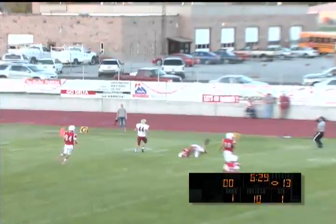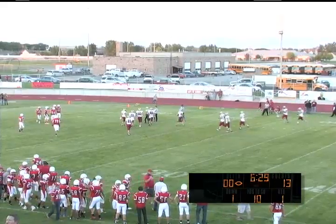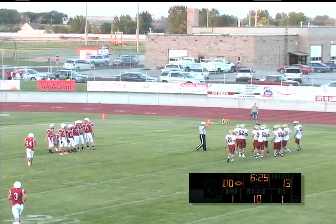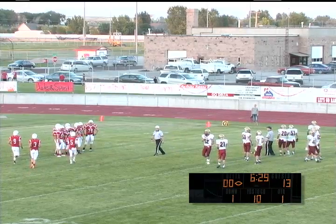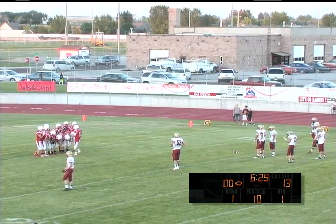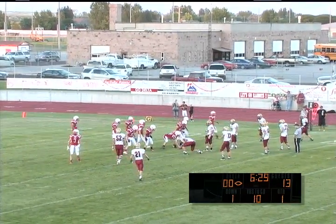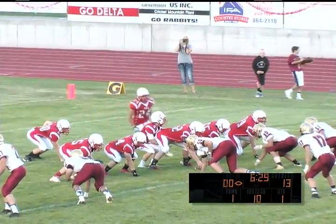So finally something good happens for the Rabbits. And Robbins just underthrew that ball right there, one-on-one coverage. You don't see that very often out of him, but that was underthrown. If the second man in motion, as they were both in motion at the same time, if they both would have gone set for a count, it would have been all right. But the running back who went wide to the right side never did stop. The slot on the left side reset himself, but the running back never did, and so a good call by the official. Dakota Dutson is the Delta player that made the interception over at, we'll call it the 14-yard line,